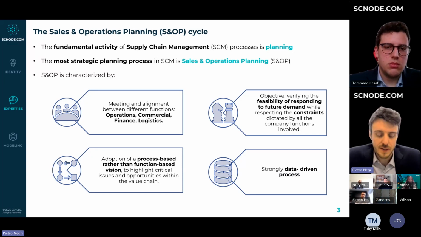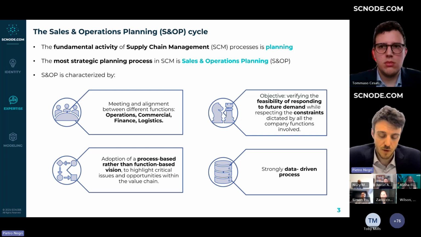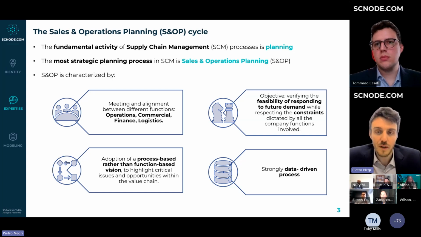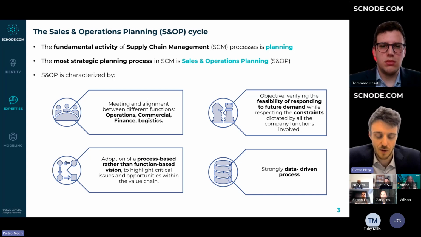While the process can vary significantly across industries, there are certain core characteristics that remain consistent. First of all, for the organizational structure, sales and operation planning brings together executives from different departments, primarily operation, logistics, sales, and finance, to align their objectives through a common strategy. And secondly, moving to managerial implications, sales and operation planning is about managing complex trade-offs between different goals, KPIs, and